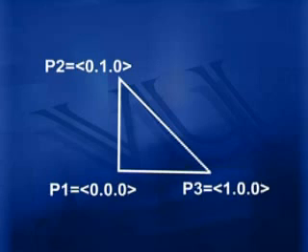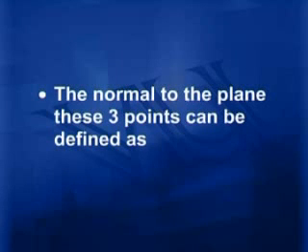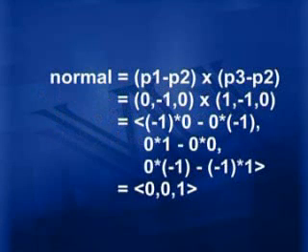So take a look at this picture. So if you have P1 as 0, 0, 0, P2 as 0, 1, 0, and P3 as 1, 0, 0, the normal to the plane of these 3 points, that can be defined as P1 minus P2 cross P3 minus P2. Now making use of the actual values, we'll be able to come up with 0, minus 1, 0 crossed